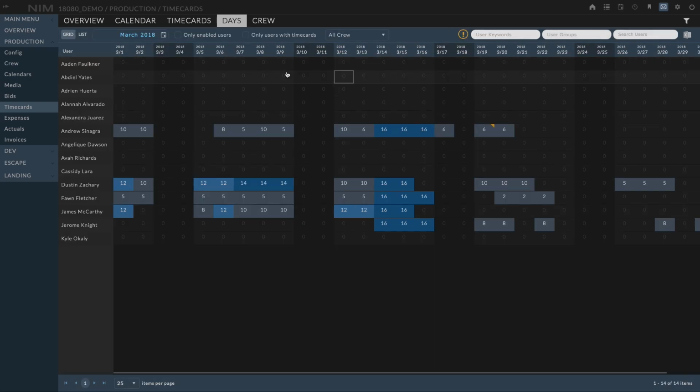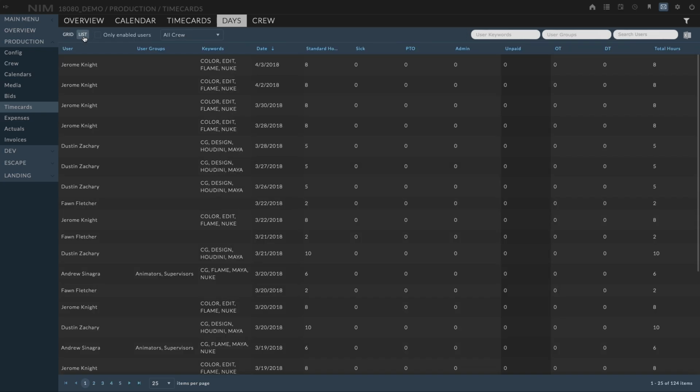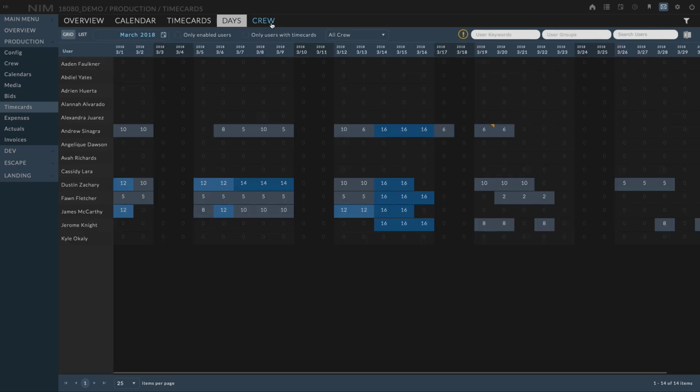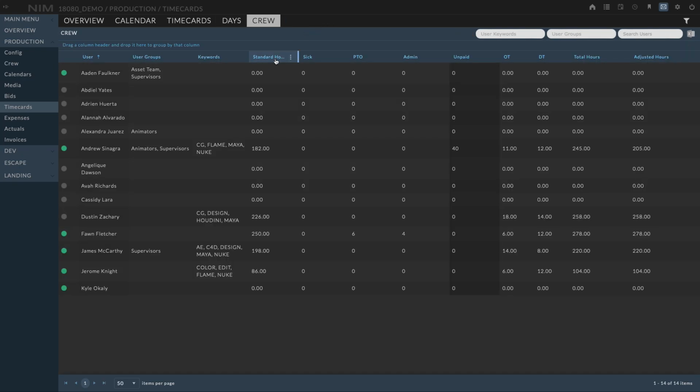Now this information is available in this heat map, but it is also available in a list where we have the per day totals for each individual user for each of their different time types, as well as their overtime and double time, along with, again, the total hours per day. Now this information is also filterable and exportable to Excel. Lastly, in this view, we can come over to the crew and see the overall totals per crew member for the job. And again, broken down by time types and the total hours